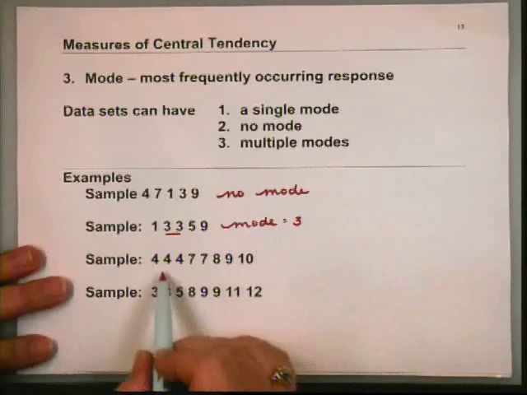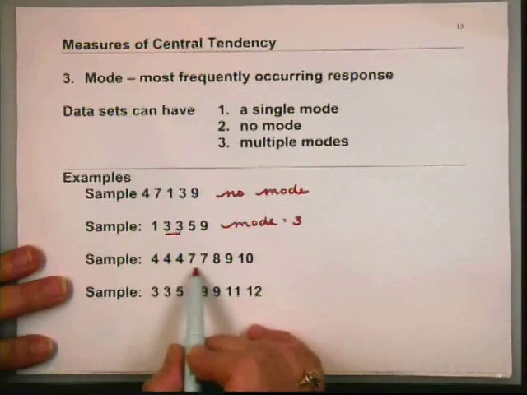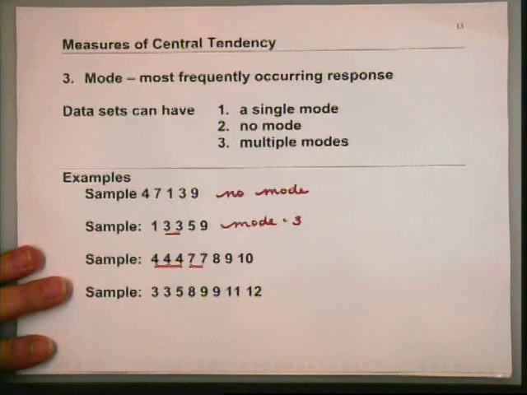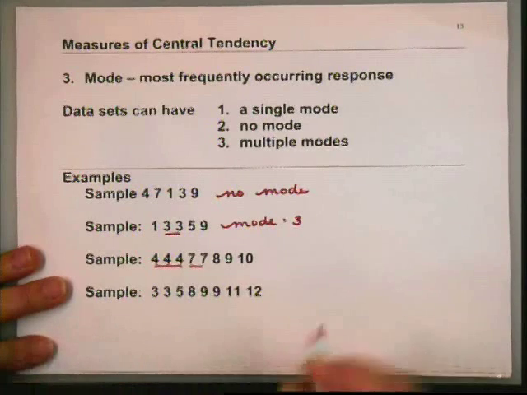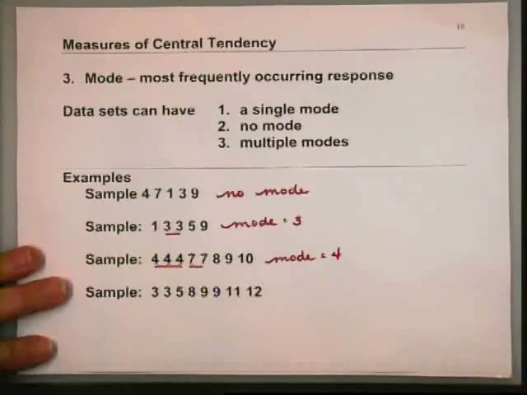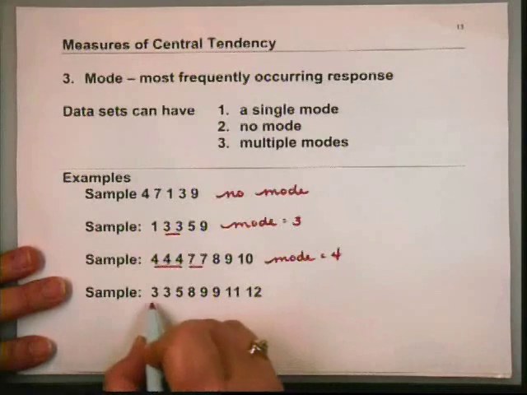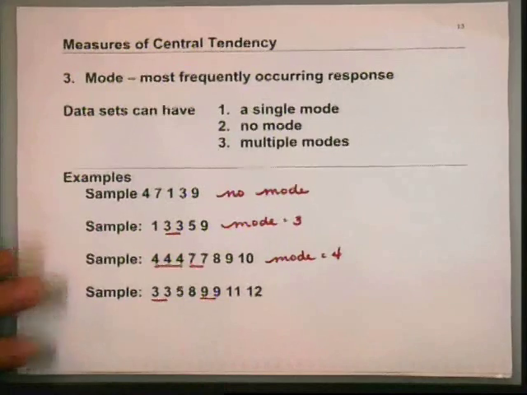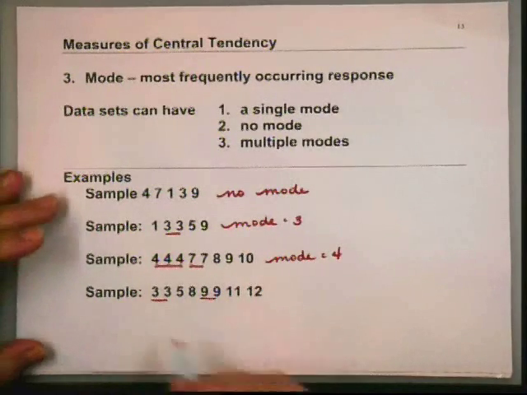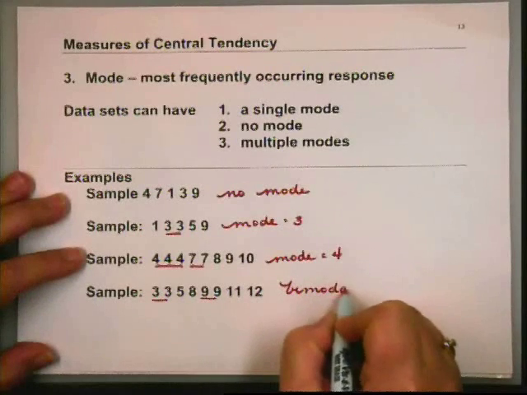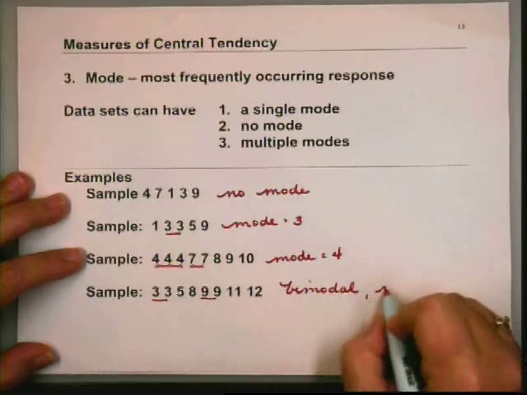Now in this case, 4 occurs 3 times, 7 occurs with multiplicity 2 as well. All right? The mode is not both, but which one occurs most frequently. So in this case, even though 7 occurs more than once, our mode here is only 4. In this last case here, I have 2 3s, 2 9s, an 11 and not 2 1s. All right? So here, this is an example of bimodal data. And so you would report that the modes